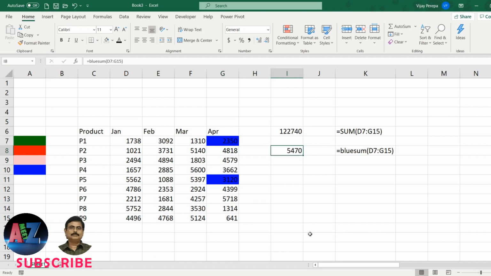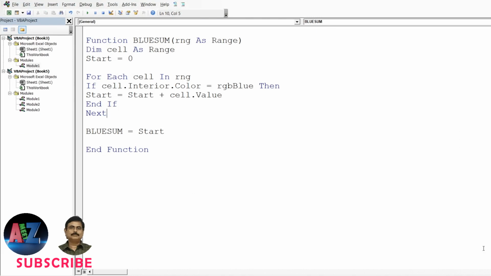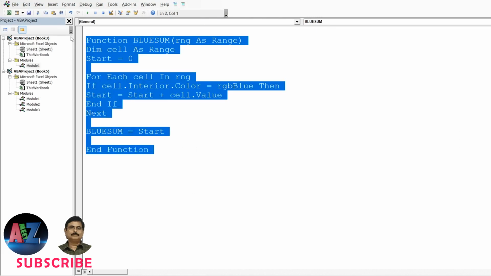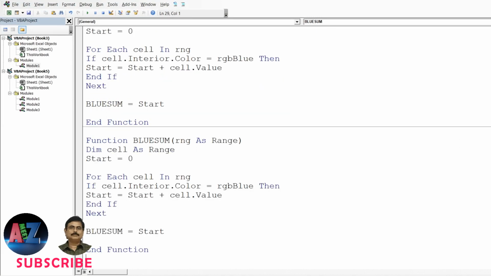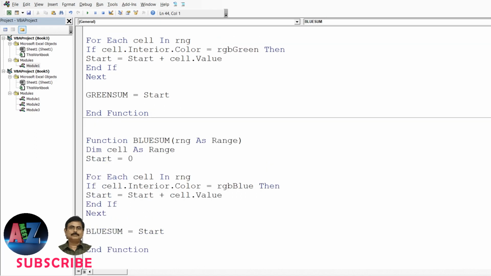In the same way, now I need to just copy and paste this code part. Let me jump into the Visual Basic Editor. I need to just copy this and paste it. This will not be blue, this will now be green. Make sure that I am changing the name everywhere. So this is green and this is also green. Likewise, I need green, then red,